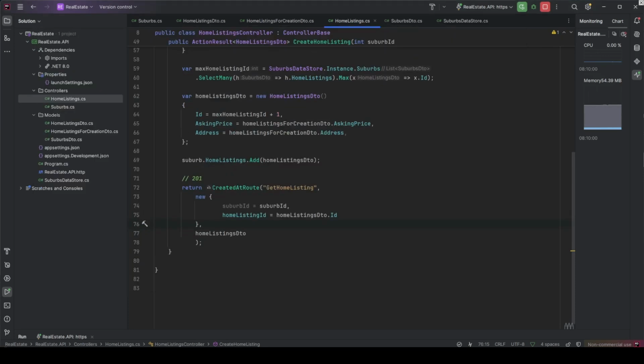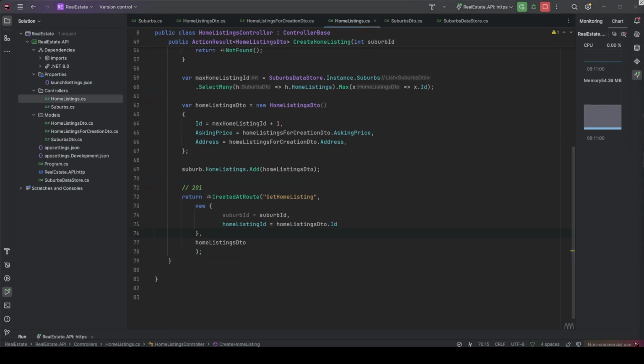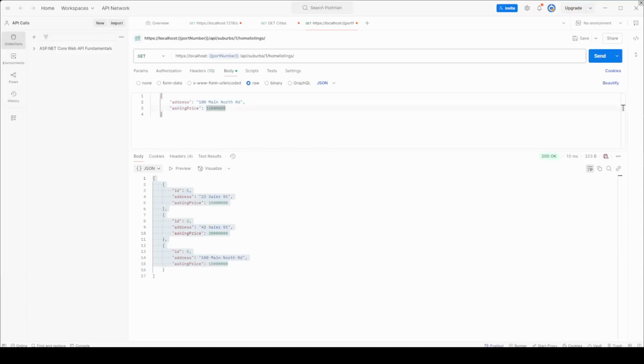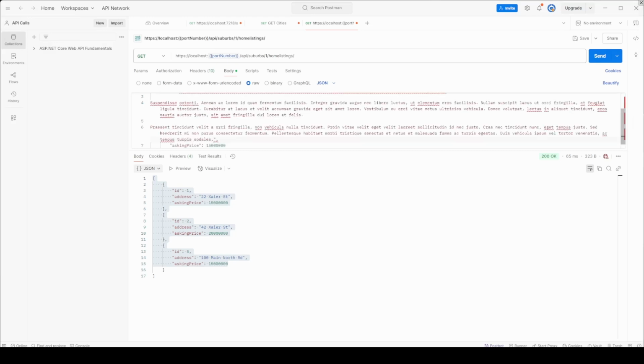It's all working well, but there's one issue, which is that I don't have any data validations as such. Let me give one example. My API is running. If I come again, I should still be getting 5. This time let's add a very long address. Let me put a very long address, and then let's add this to the second suburb. If I send this,